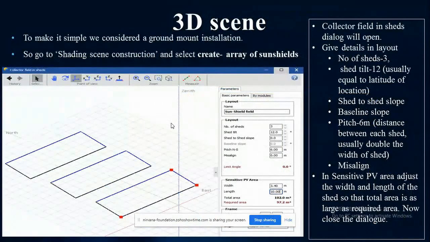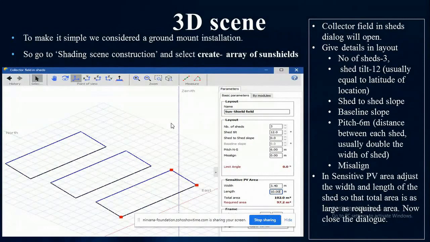Now, as it is a simple ground mount installation, let's create an array of sun shields. So I have taken three sheds for PV installation.